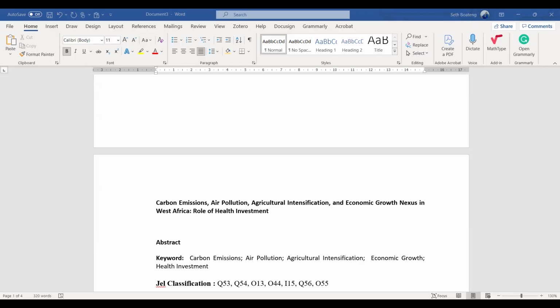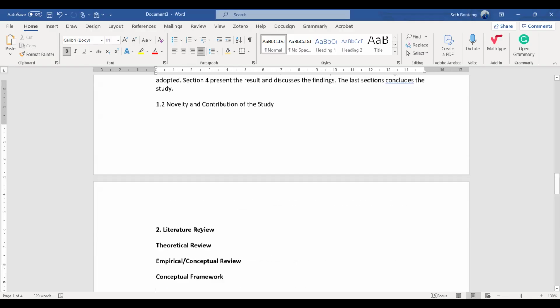Which theories did we use? So for the theoretical framework, we used the sustainable development theory. This study is grounded in sustainable development theory, yes. So we used only one theory for this study.